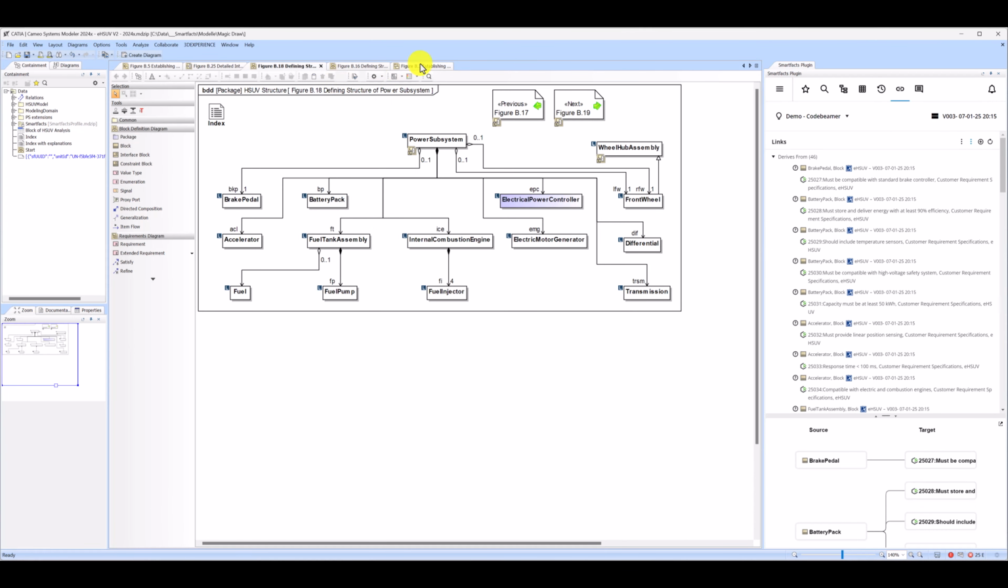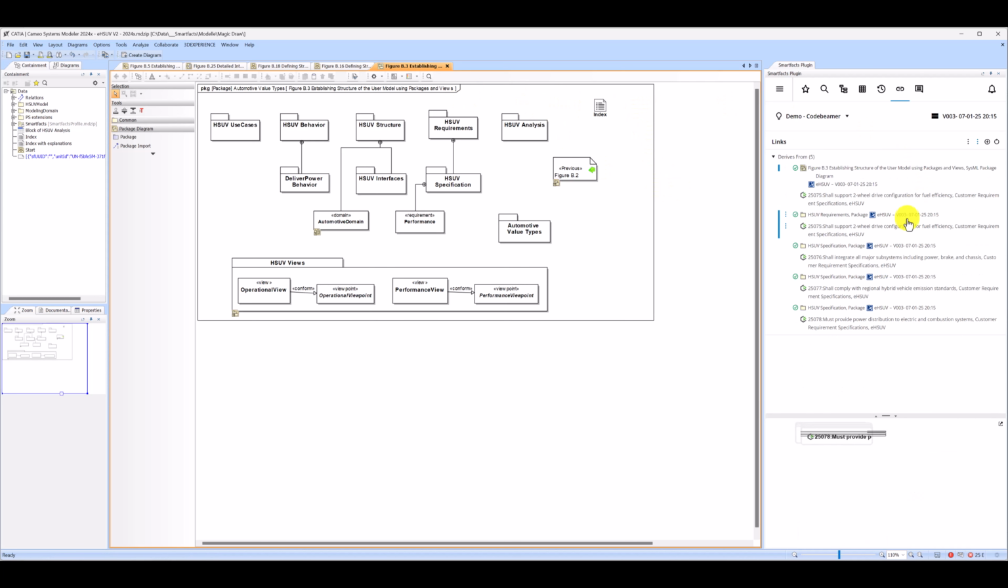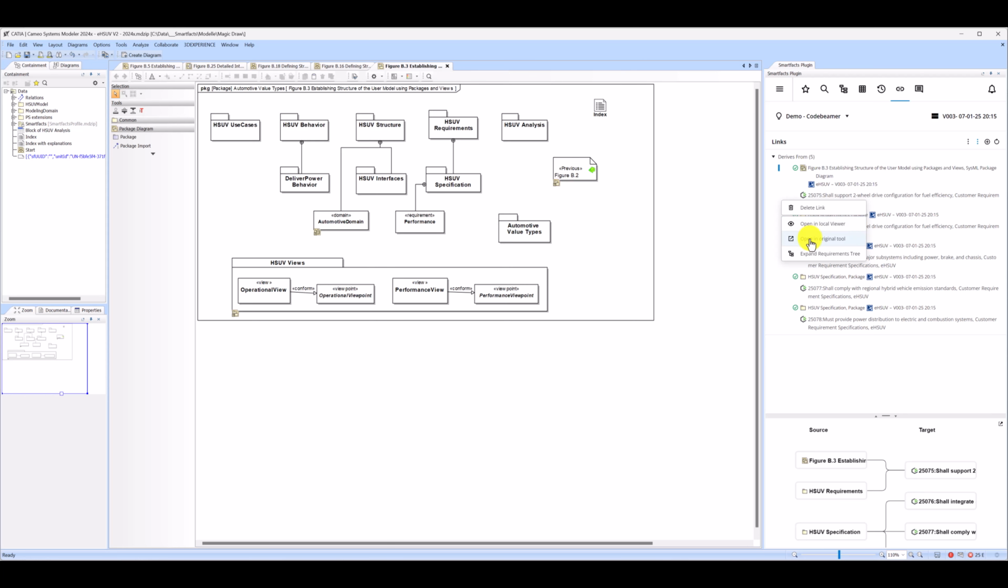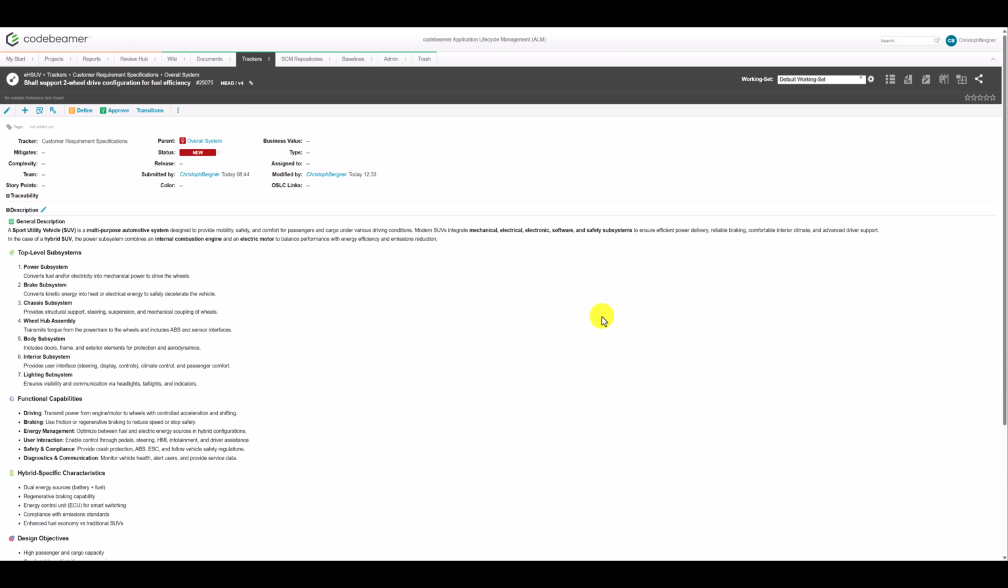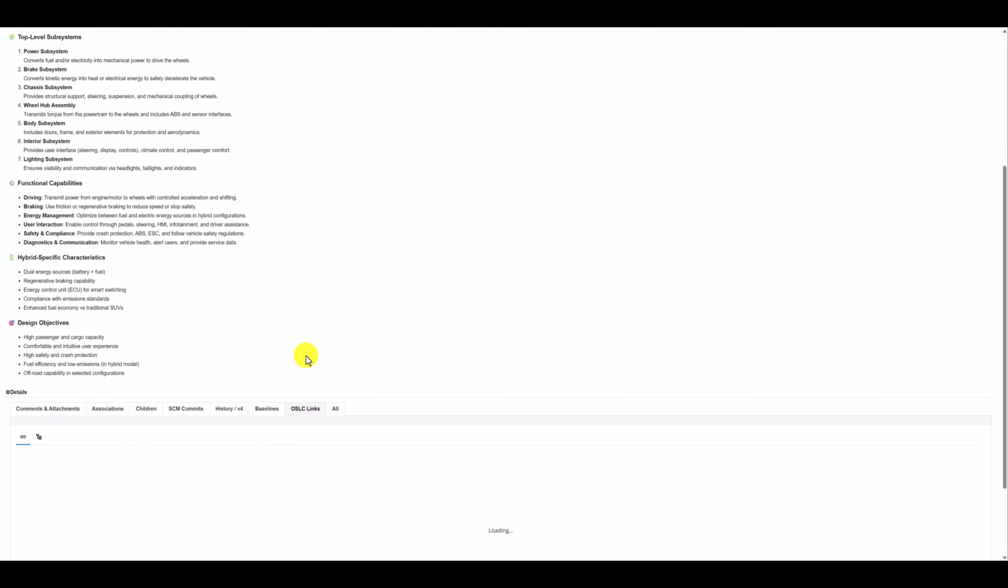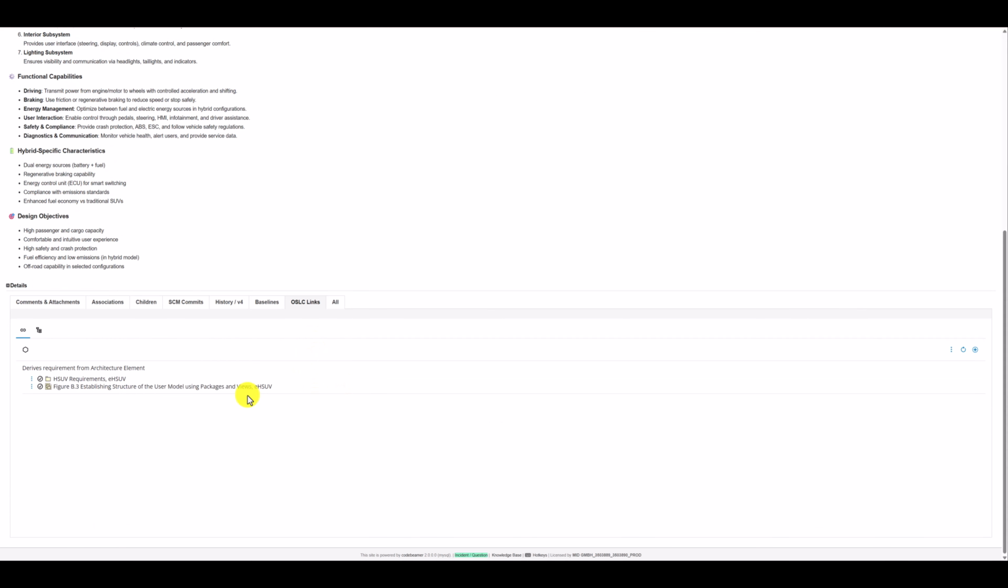So let's go back now to our first diagram. We get the links again, and let's navigate to the other side from here. We have our 5 links, and 2 of them are going to the same requirement, to 25075, and we say we want to open this in the original tool. So we navigate over to Codebeamer, and here we are in Codebeamer,